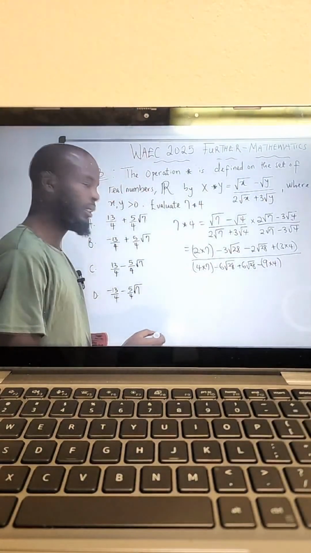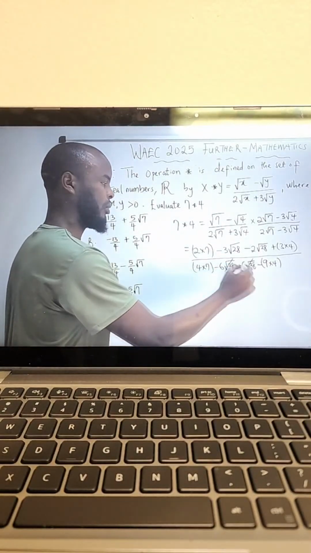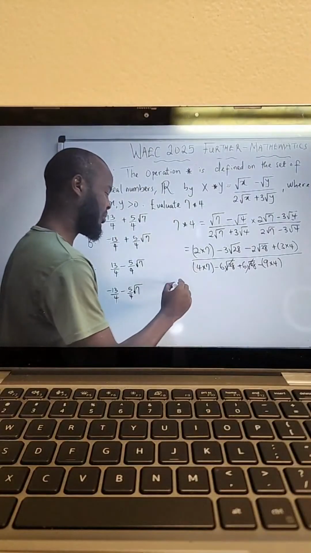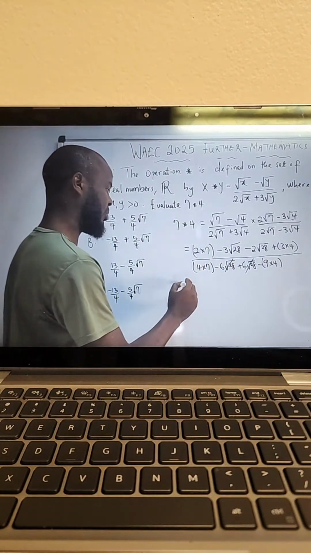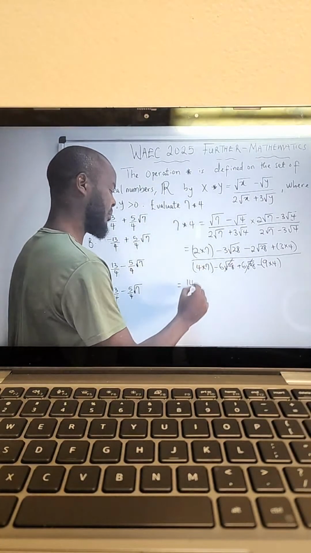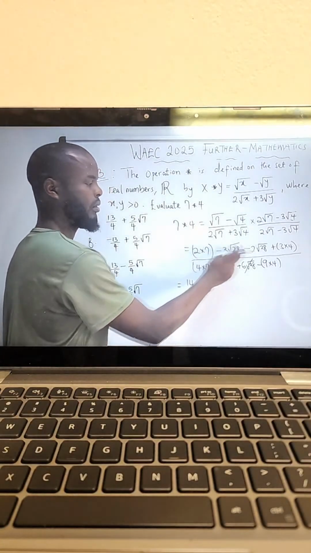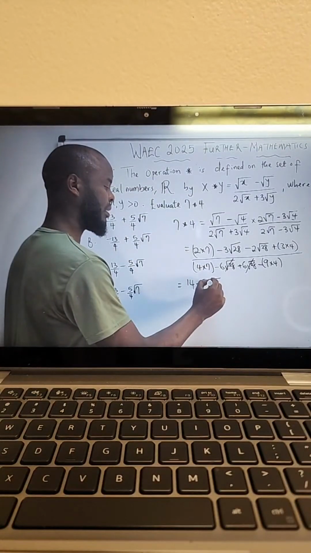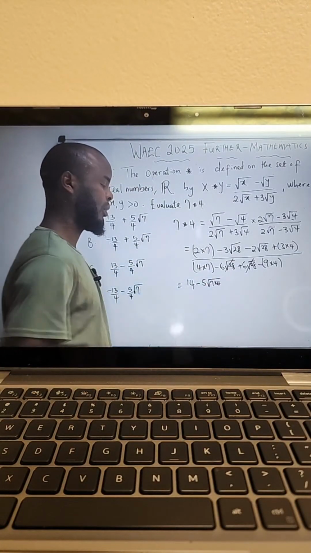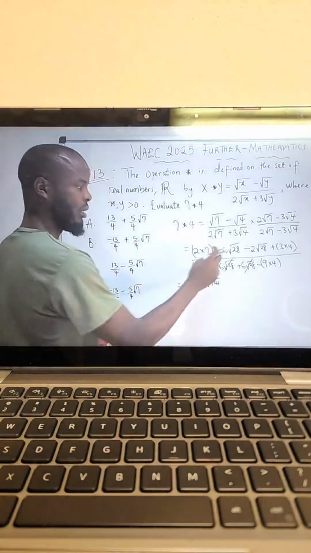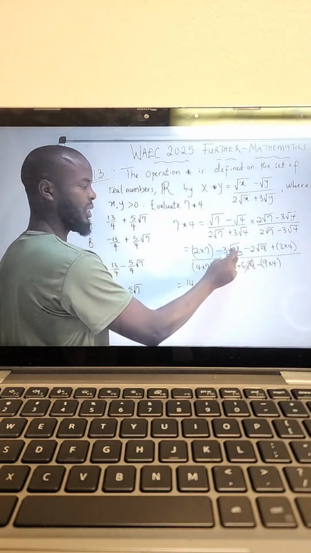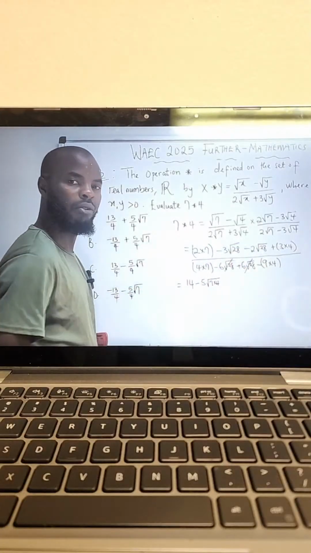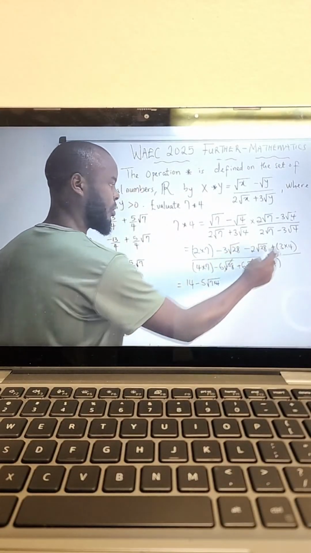Now, if you look, this can be cancelled out. And we can proceed by simplifying this. So here we have 2 times 7 to be what? 14. Minus 5 root 28. Don't forget root 28 is the same thing as 7 times 4. Okay? These are just coefficients, so you can add up the values together. So plus